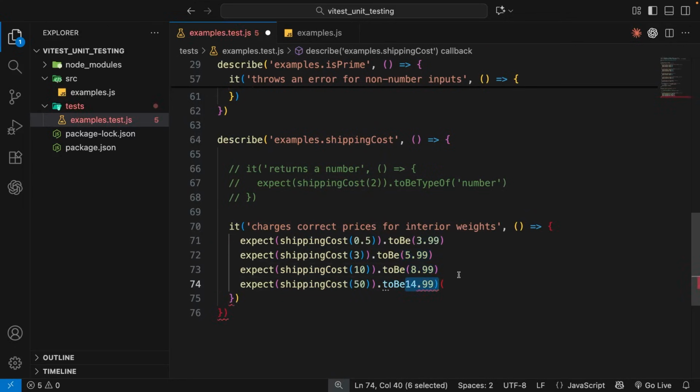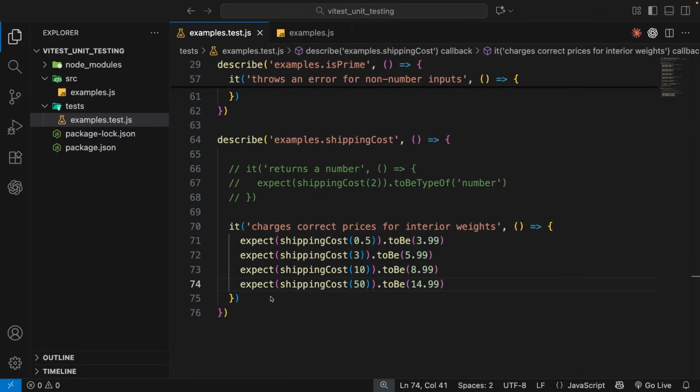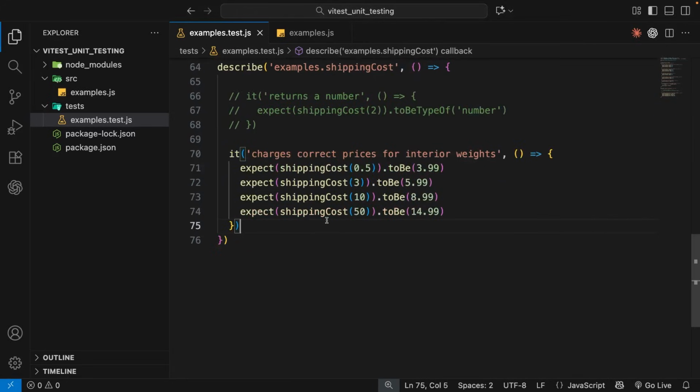And in most cases, a test like this would be better because it's not as loose, and when an incorrect price is returned, well, we'll know about that. So let's save the file, open the terminal, and make sure that all the tests pass, which hopefully they should do. Alright then, now that we've tested some interior weights, which are values comfortably inside each price band,